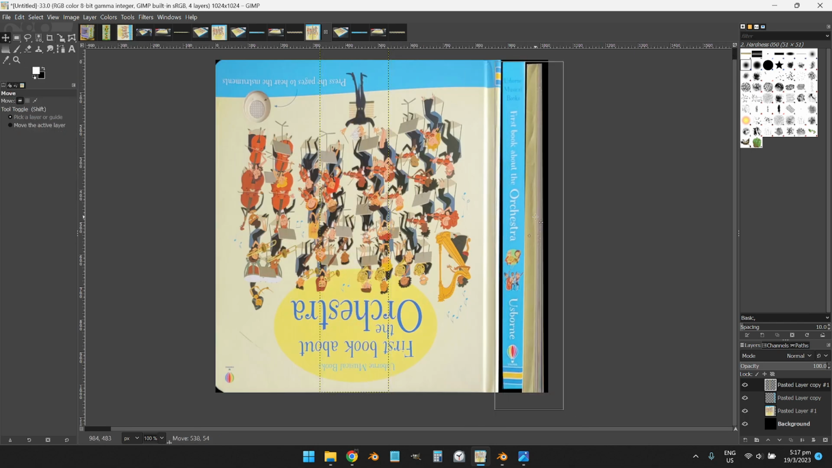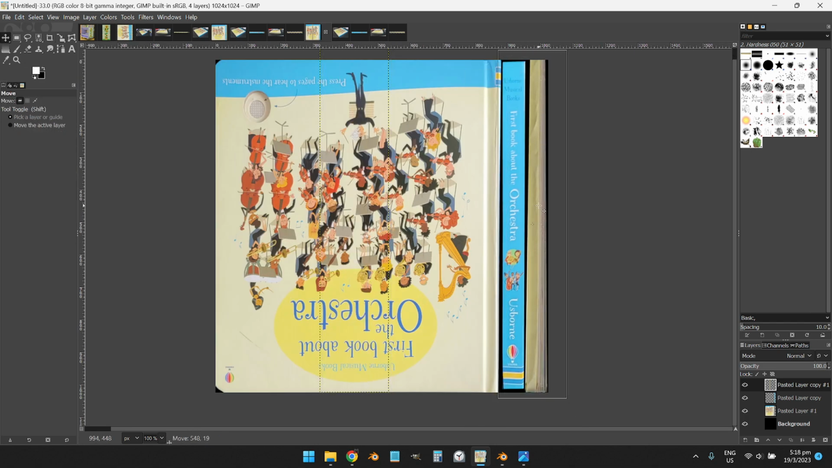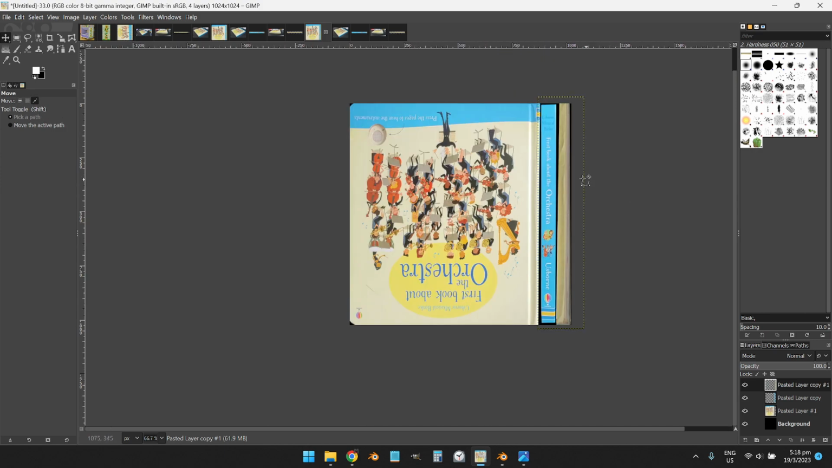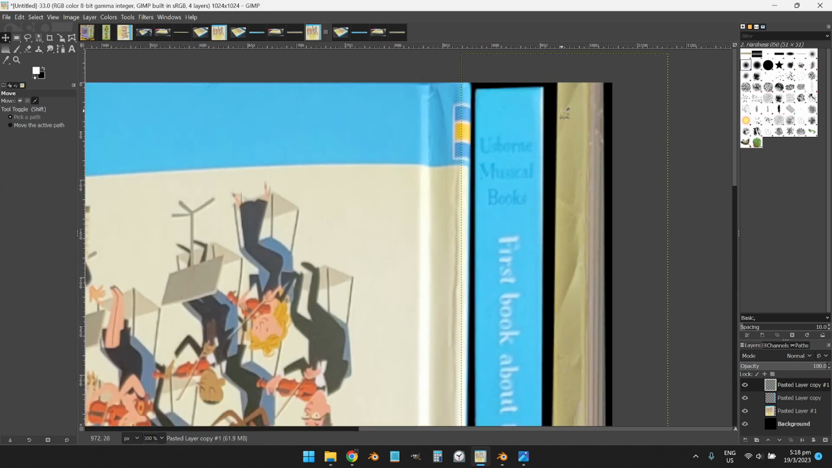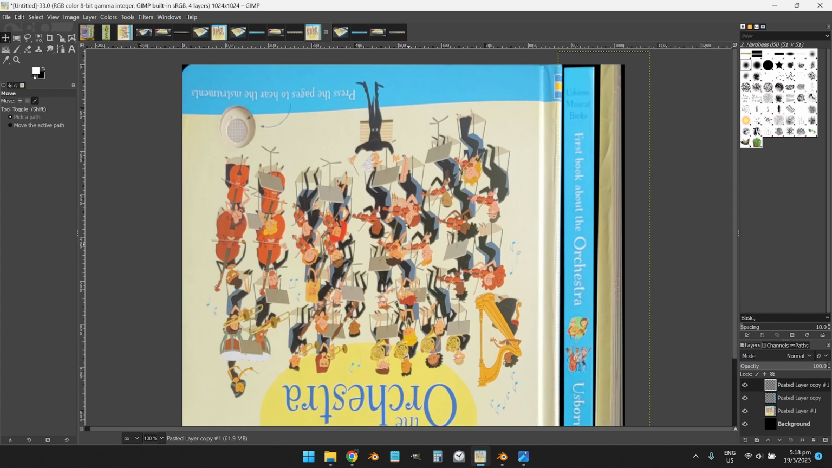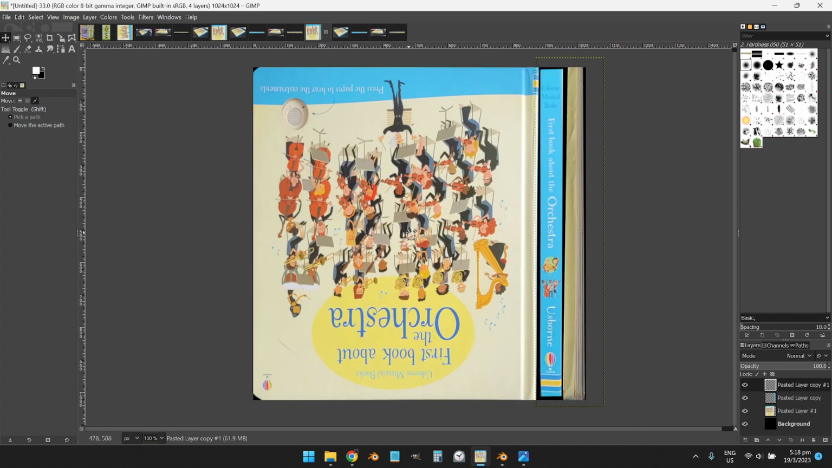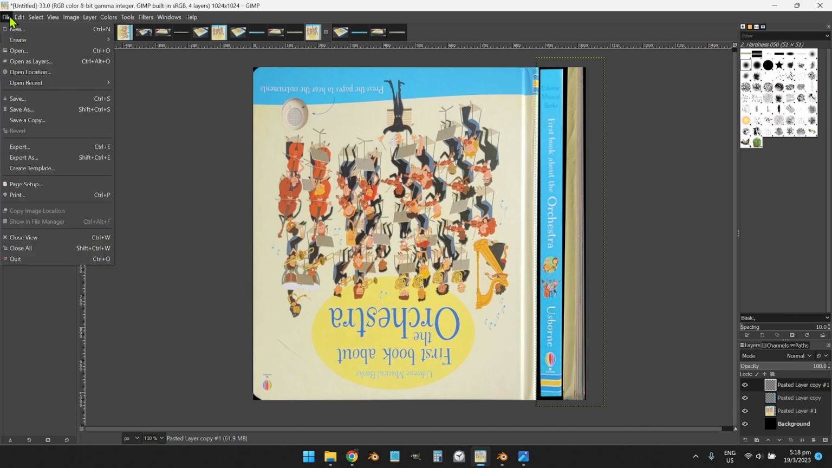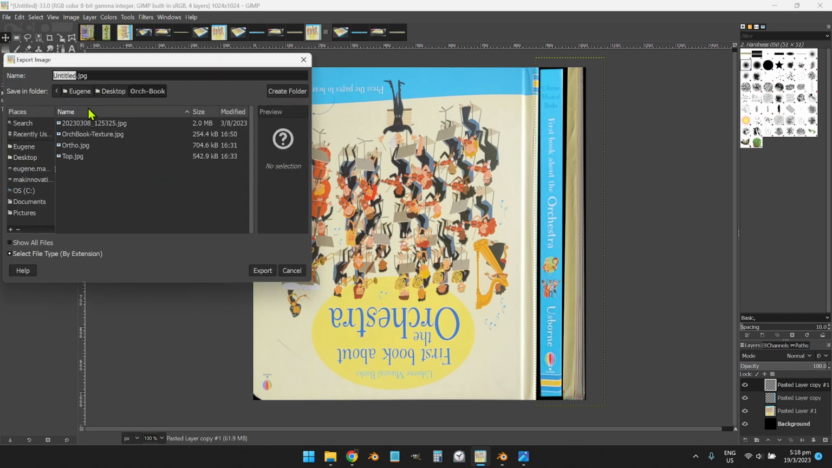M to move, and I will just place it here like that. That's good enough. Ideally, you'd want to reduce the gaps in between so you use this texture file more efficiently, but for now it's okay. Once you're done, File, Export As, and I'm just going to overwrite my old one,